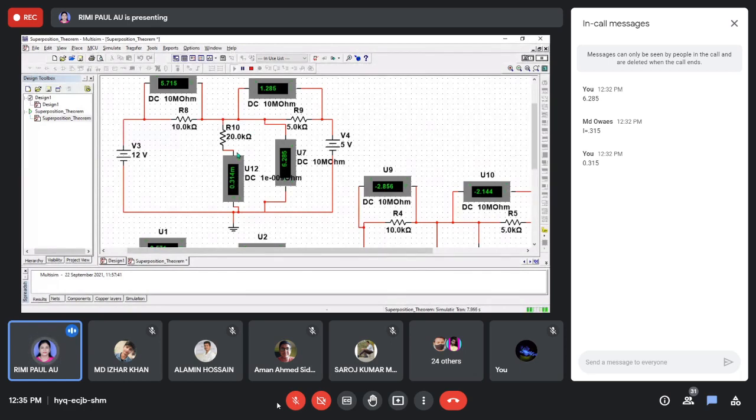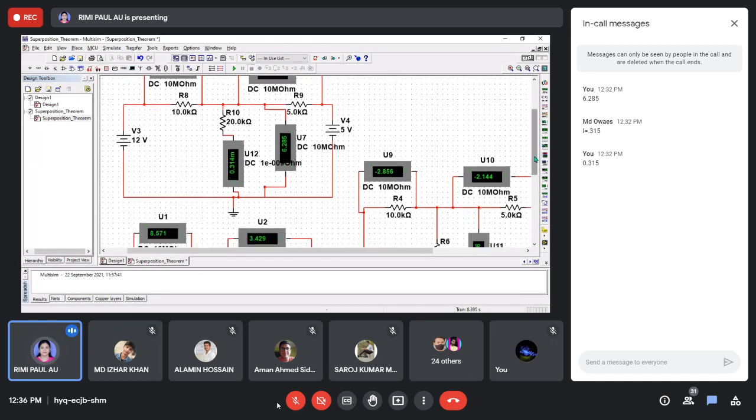Suppose you are considering the 12 volt source. Similarly, when you take the 5 volt source, you also have to consider this branch. In those cases you have to measure, and then you have to add. If you add the voltage or current, you will get the total voltage when all sources are acting. That is the superposition theorem. I think you won't forget, because you have already seen how to measure.